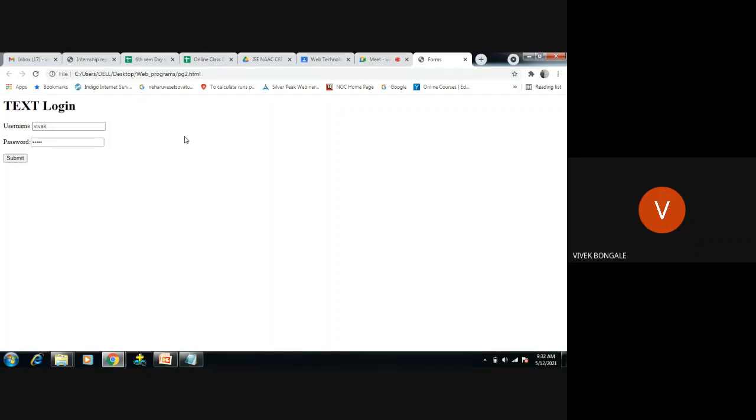So one mechanism should be there, right? In the web server, it will take this data, it will validate it, or compile it, or execute it. To do that, we need what? A server side program. This is just a front end application that we're trying to give. After submitting, your content will be sent to the web server. There we have to write a server side program. That program should reside in the server.